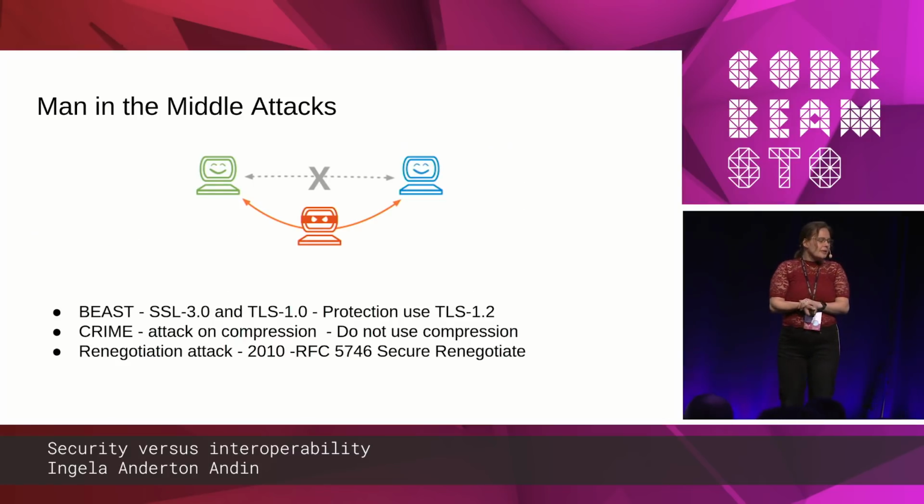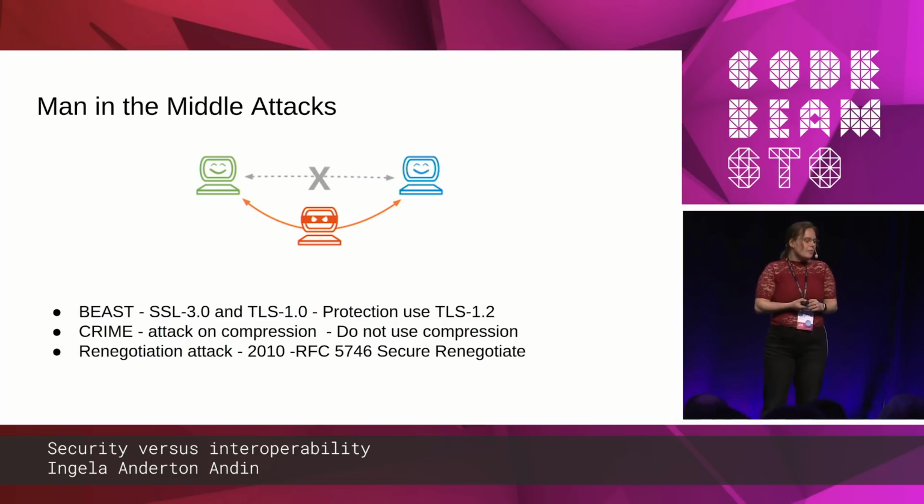I'm not going to go into all these attacks in detail, but I want to mention them because they're valid trade-offs. There's something called the BEAST attack. It affects SSL 3.0 and TLS 1.0, and it takes advantage of certain data being predictable. And it's part of the specification, so we can't do anything about it. So the only way to avoid it is to use TLS 1.2.